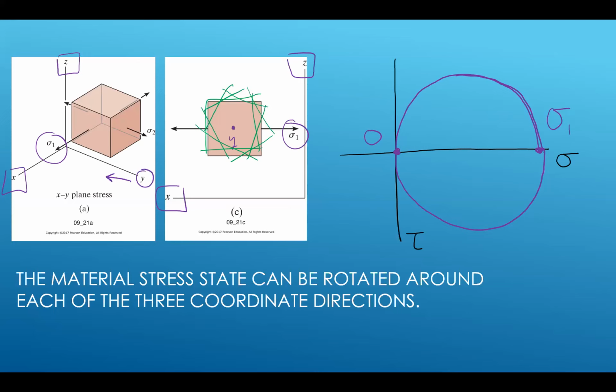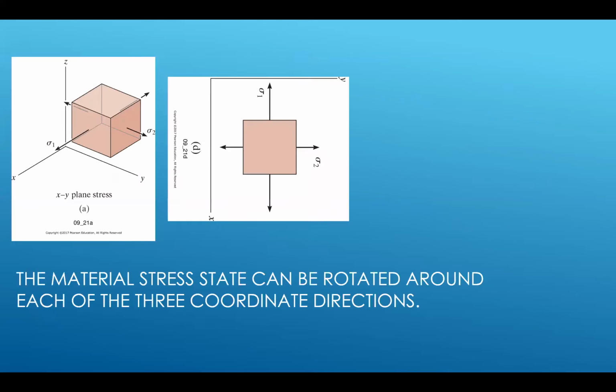Passes through sigma 1 and it passes through 0, because those are the two normal stresses acting on this material when there are no shear stresses. And lastly, we can look at this material from the perspective of the z, looking down on the material, and that's when we end up with two normal stresses. So in this particular case, we have plane stress acting in the xy coordinate direction. Here's our x, here's our y,